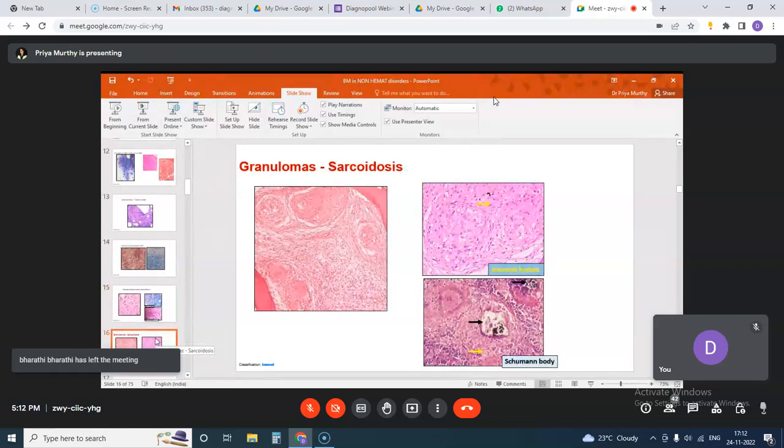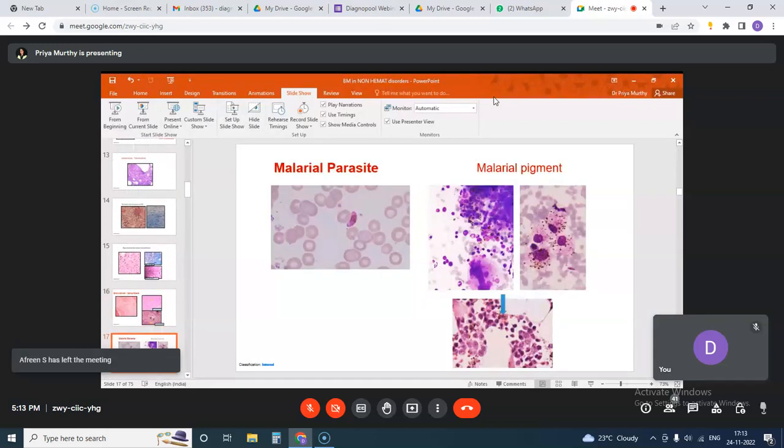We see granulomas in sarcoidosis as well. Sarcoidosis granulomas are slightly different from those of tuberculosis, and these are associated with dense fibrosis. These granulomas do not have central caseation, and you find granulomas of varying size throughout the bone marrow biopsy. In addition, if you look carefully, you can also come across Schaumann bodies or calcified deposits within the macrophages, as well as asteroid bodies. See, these are some asteroid bodies which you come across, and they are diagnostic of sarcoidosis.